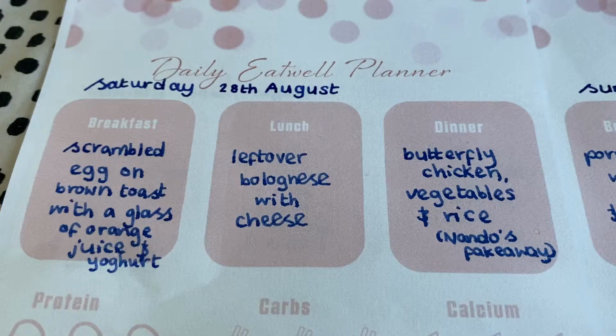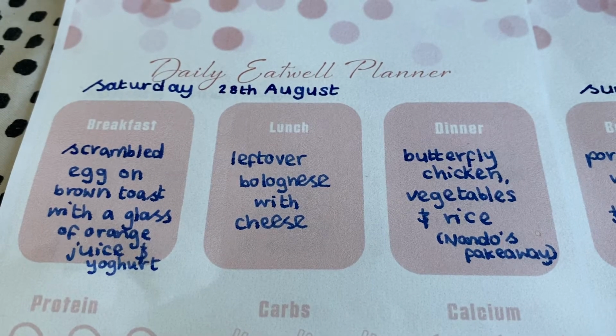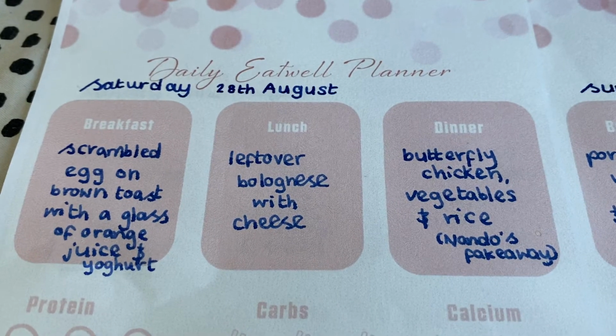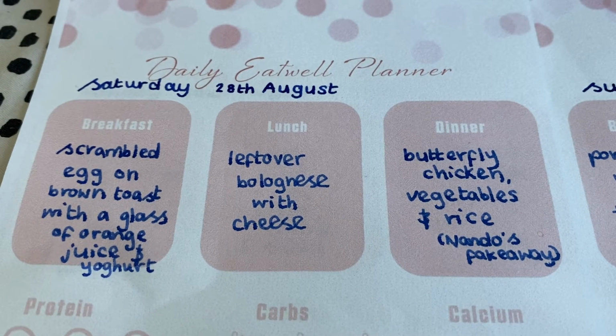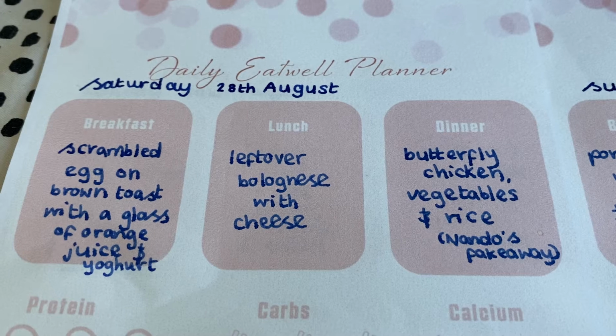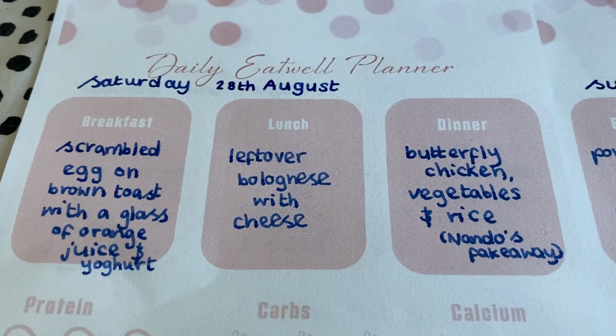So because I've done that, I've meal planned for the week and made sure that every day takes those things into account. So I'll show you what I've done. I've got scrambled egg on a slice of brown toast. So that's my protein and my carbs, with a glass of orange juice, which is my fruit portion, 150 ml of orange juice, and